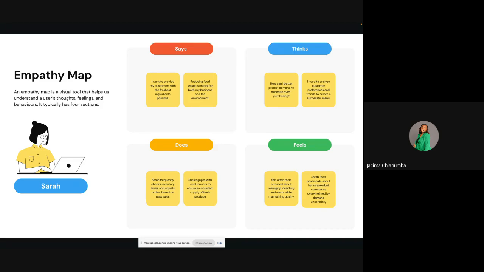So the essence of trying to understand your users' behaviors is that when you want to create an experience for them, you are designing from a better standpoint. And for our use case, what Sarah does, as our fictional human being, is that she frequently checks inventory levels and adjusts orders based on past sales. So in this use case,